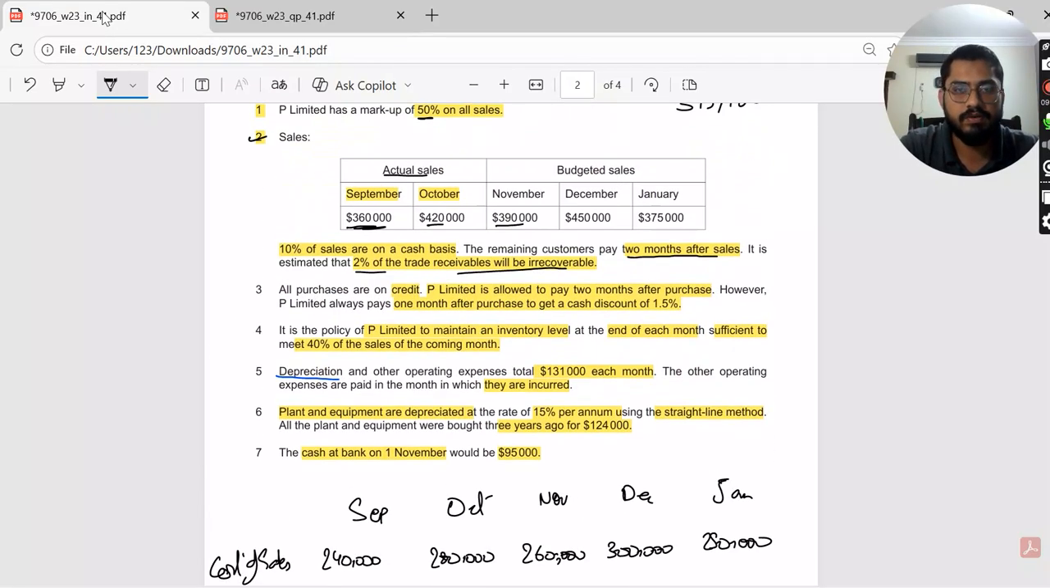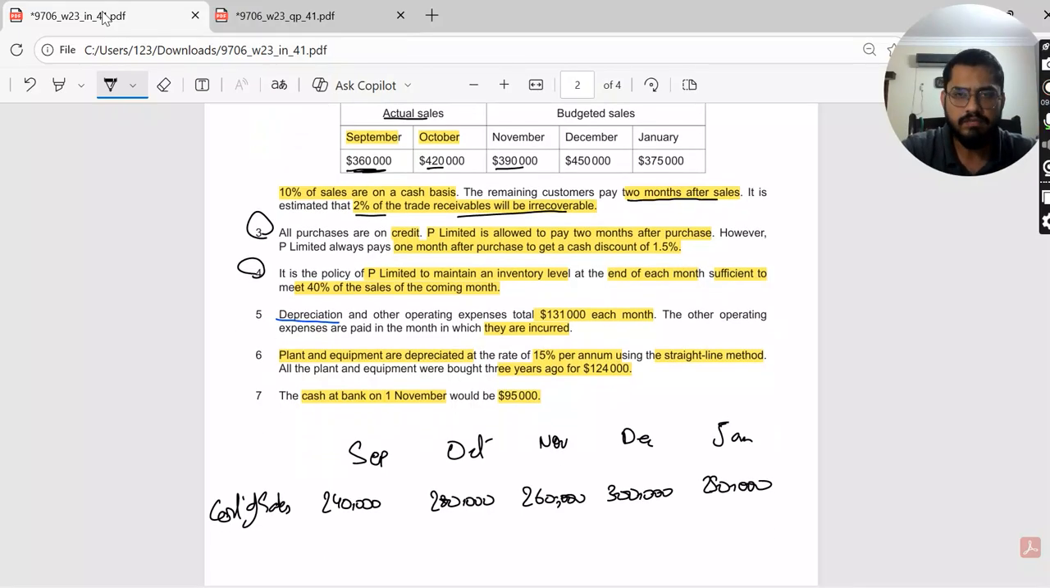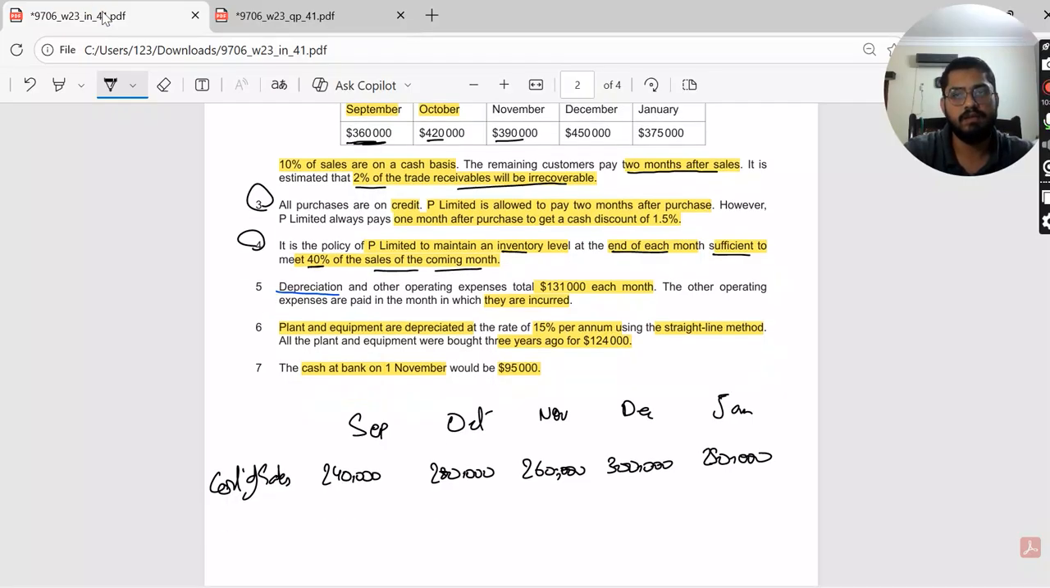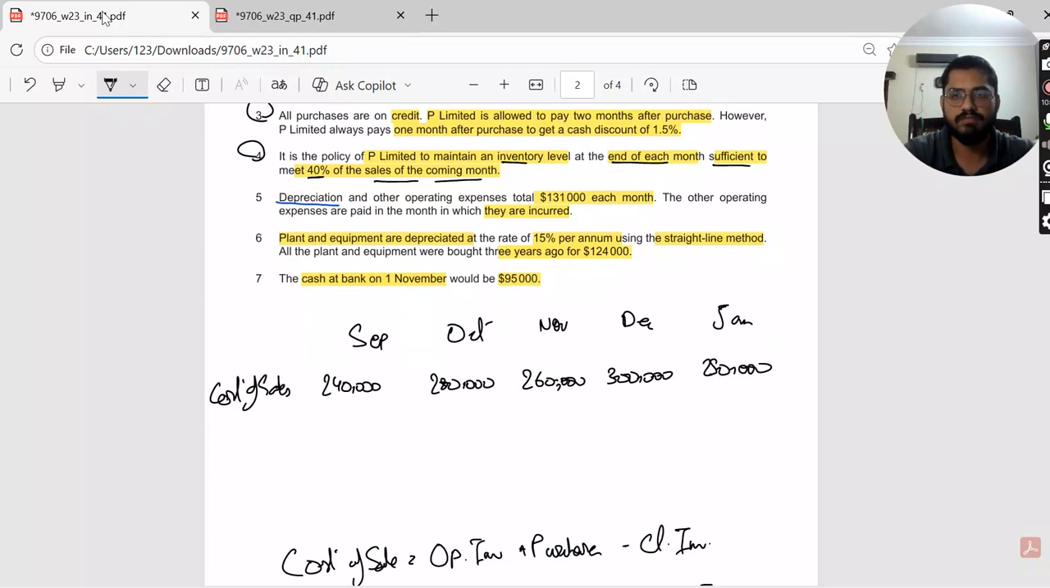So in point number 4 it says that it is the policy of P Limited to maintain an inventory level at the end of each month sufficient to meet 40% of the sales of the coming month. So at the end of October, let's say, we shall have 40% of the next month's sales. So over here the closing inventory,